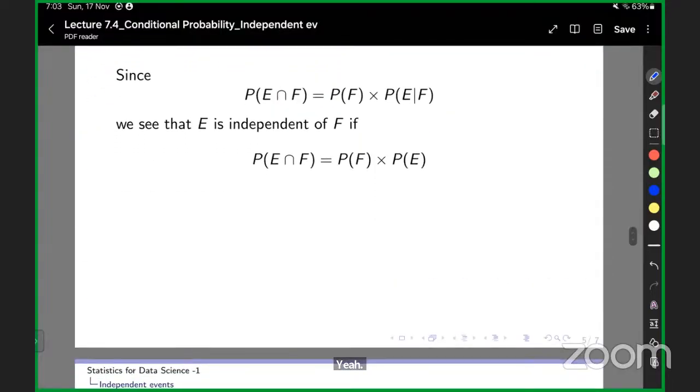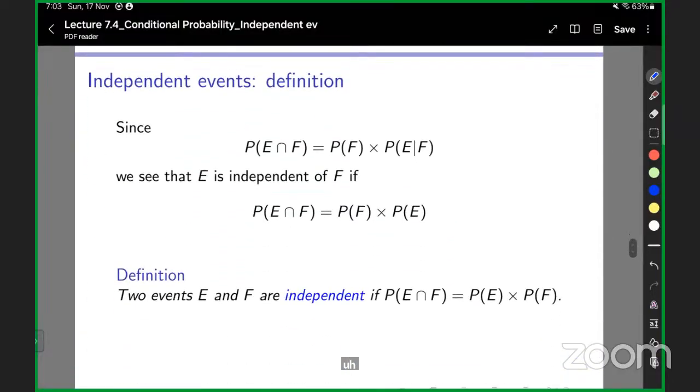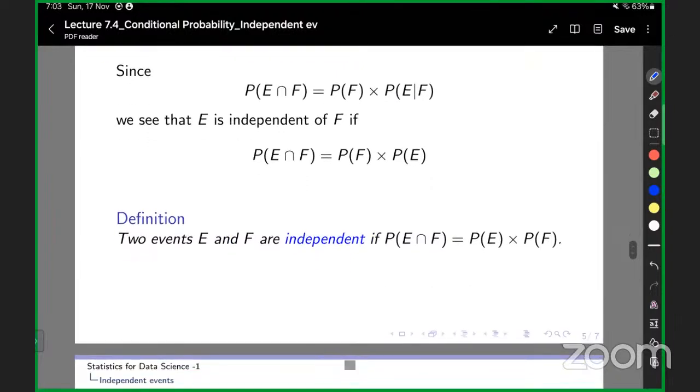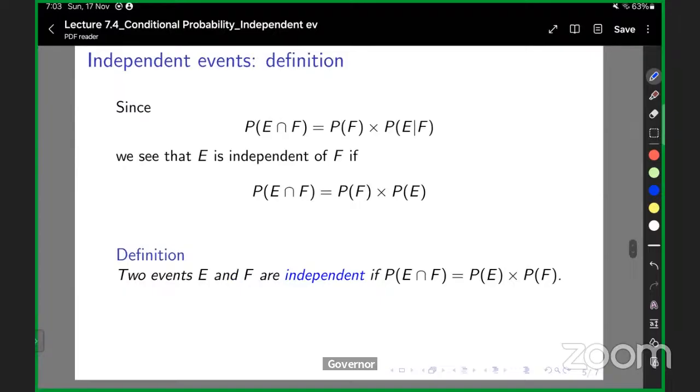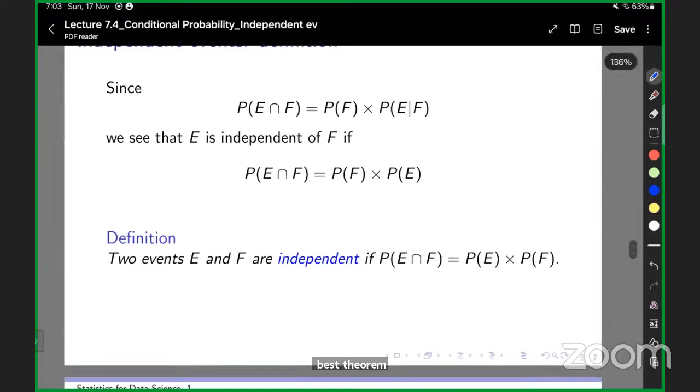Sir, is the Bernoulli principle included in this week or not? Bernoulli is a random variable. It will come in random variables. So next week could be there or after that. So, sir, in this week, there is Bayes theorem. Bayes theorem, yes. So we'll first cover the law of total probability, then Bayes theorem.